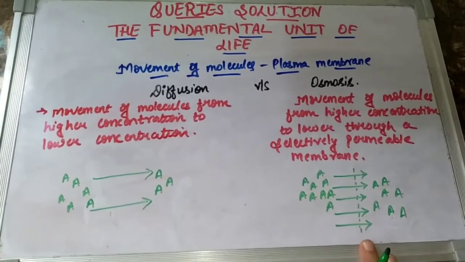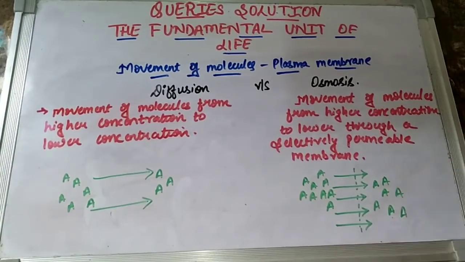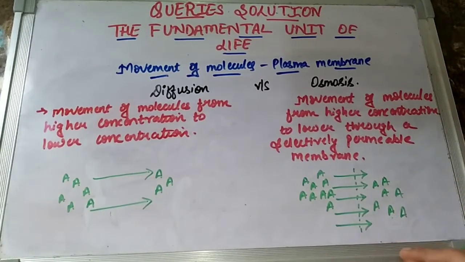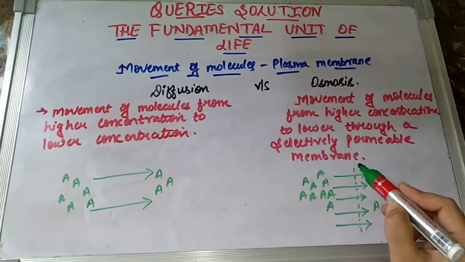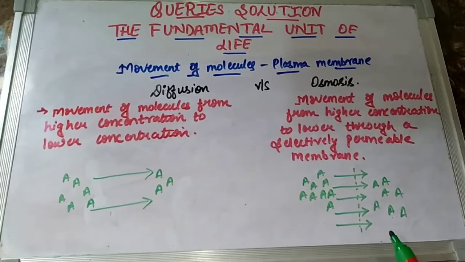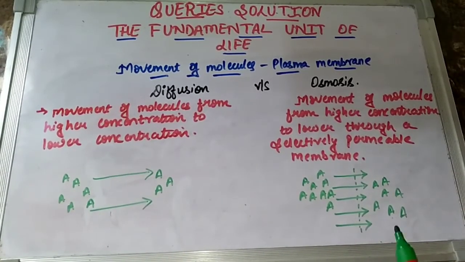And this can be studied through an example of a potato. Even raisins you can keep in water, and the raisins will act as a semi-permeable membrane. You can also place an egg in any solution like a salt solution, and that will act as a semi-permeable membrane. You can use a potato and put it in a sugar solution. Even the layers of potato will act as a semi-permeable membrane. So whenever we talk about this process, children, we always talk about a semi-permeable membrane in between. And that's the basic difference between the process of diffusion and osmosis, children.